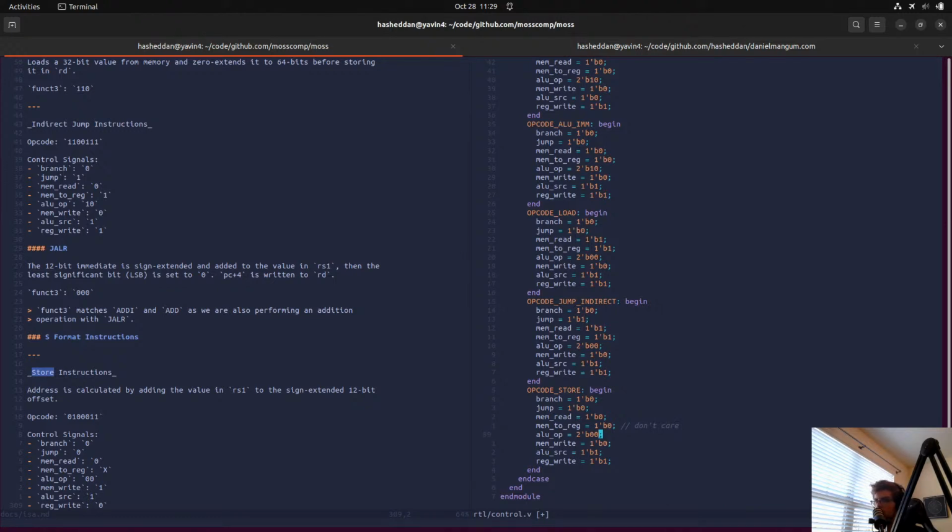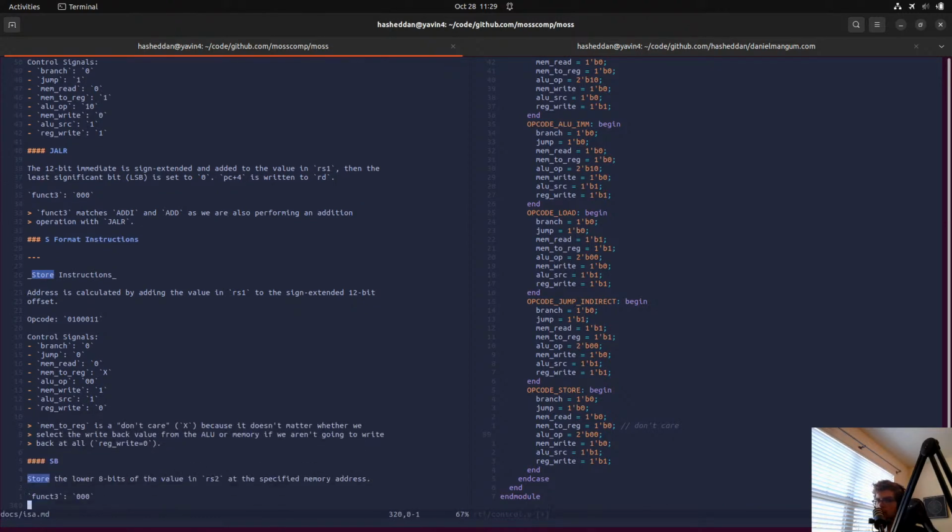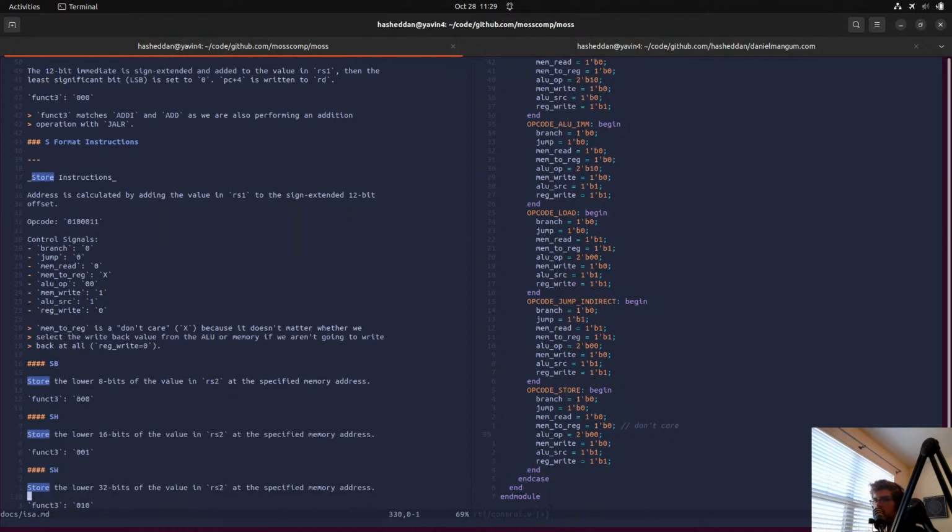ALU op is 0, 0 because we're saying determined based on funct 3. Mem write is 1. ALU source is 1. Reg write is 0.